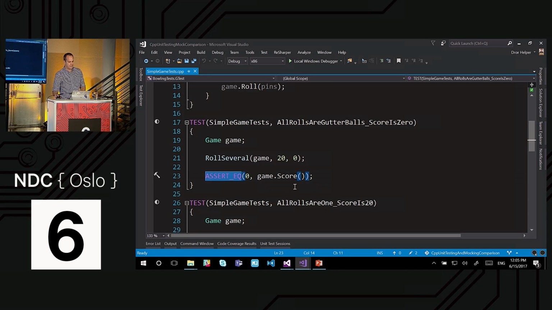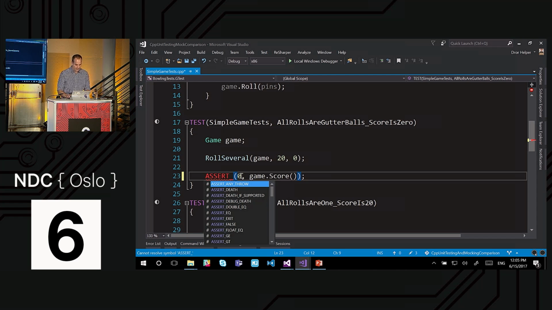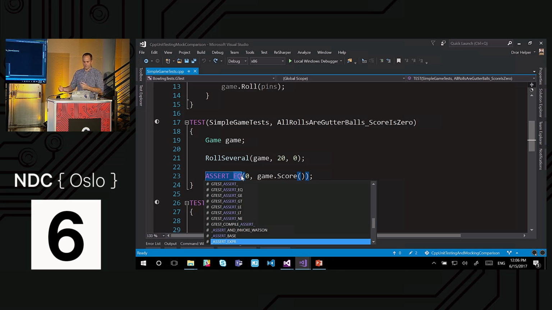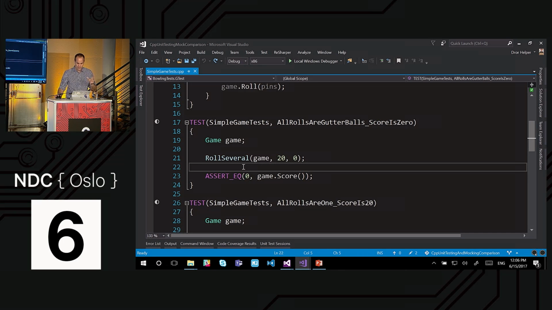Now, Google Test has an extensive set of asserts. There are quite a lot of ways to ask what I want to know. There's assert any throw and death. It also can check that your application crashed. That's C++, remember? And exit, false, float, greater equal, less equal, not equal, predicates. You can define predicates, and string equal for whatever collections. There's also a way to use Google Mock matchers, which are essentially predicates that you can either write or use from Google Mock in order to add even more assertions. I'm not sure if it's a good or bad thing, but we'll get to that later.